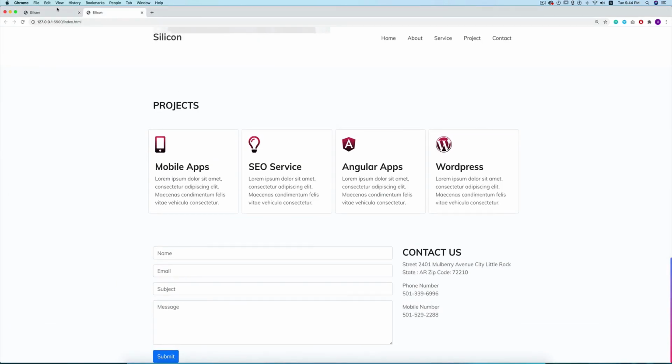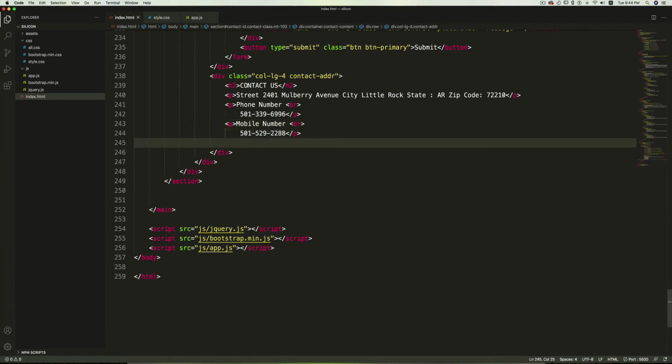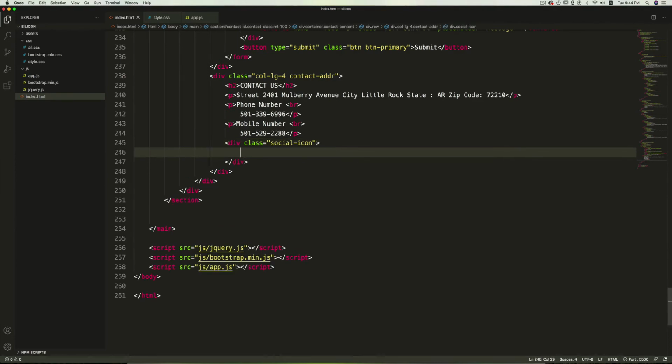So now I'm going to finally add the icons. So after this paragraph I'm going to create a div with a class social-icon, and inside this I'm going to use the code for Facebook, Twitter and LinkedIn. So I'll write the corresponding code.